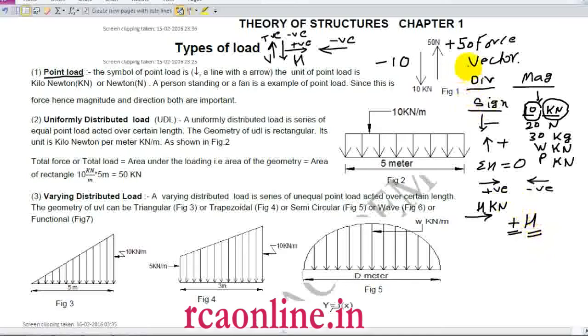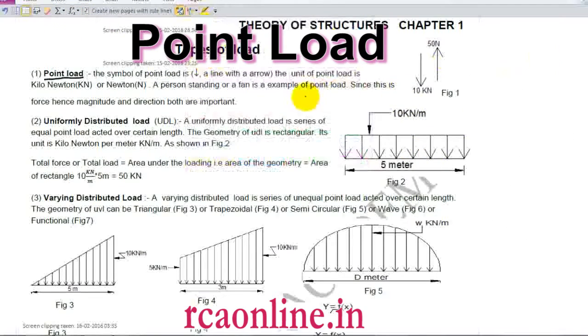So this is about a point load. Now this is about the force. Now we talk about the point load. What is a point load? Point load is a load which acts at a length of dl tends to 0. So dl is equal to 0. Clear? And the rest I have discussed: if I say it is P, then as per my sign convention, it is minus P. So this is a point load.